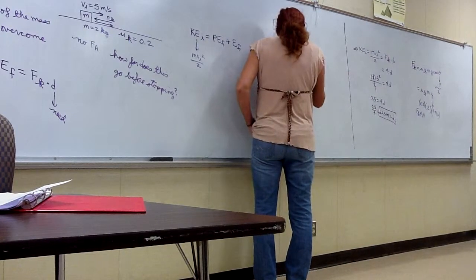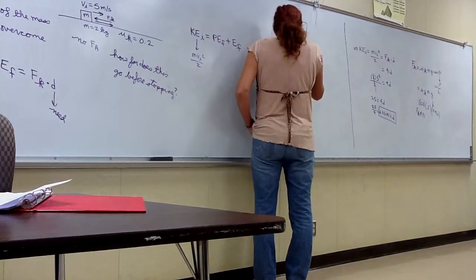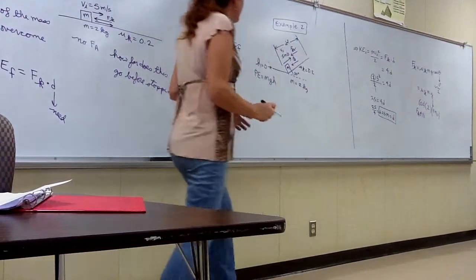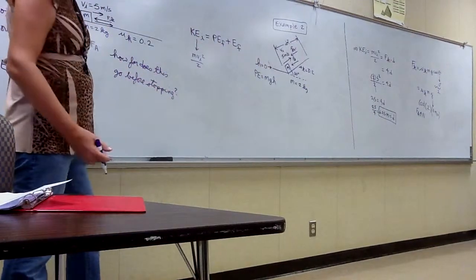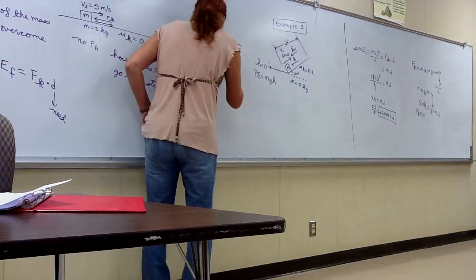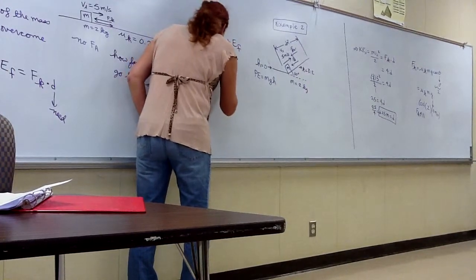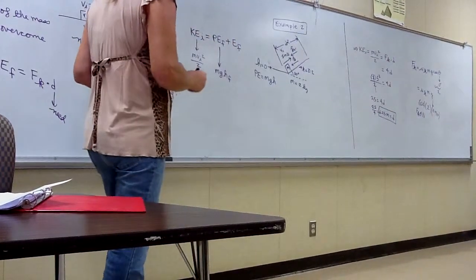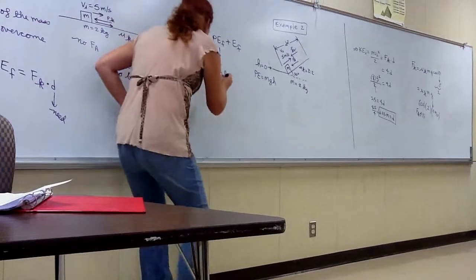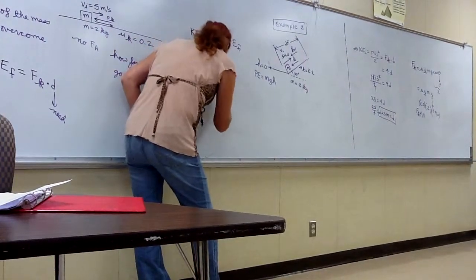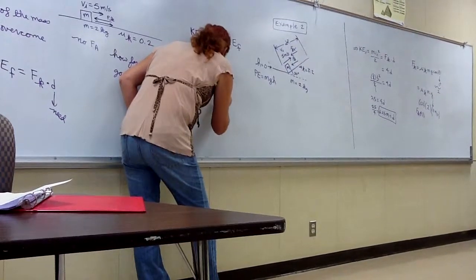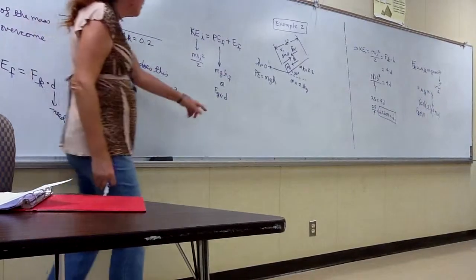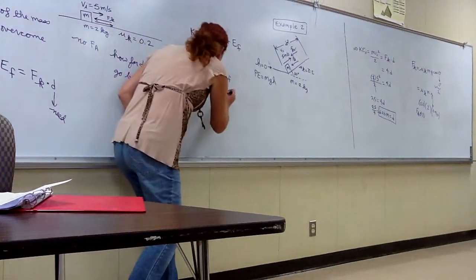Pushing down on it that it has to work against is the force of kinetic friction, but there's also that Fg x prime force we identified before. It's working against that now too. So this is going to be mgh final is one way of doing it. Remember, the potential energy is the work that it does, or the energy used to work against gravity. Or in this case, it's also going to be equal to Fgx times the distance. Those will give the same thing because now the only component of the gravitational force, and that should be x prime,